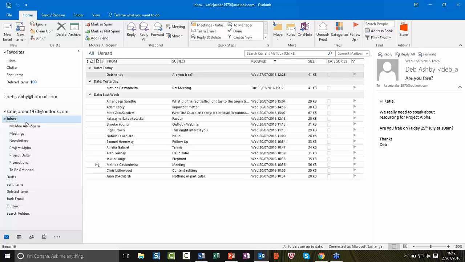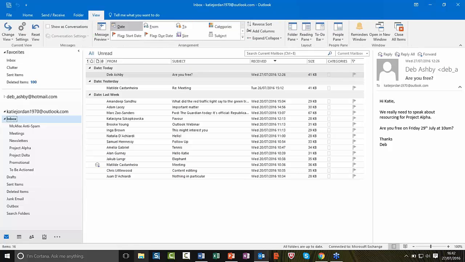The first thing I'd like to start with is just the general setup of your Outlook and the general view that we have. And for that, I'm going to switch across to the View ribbon in Outlook, like so. So this is where you'll find all of the options when it comes to customizing how you're viewing your Outlook